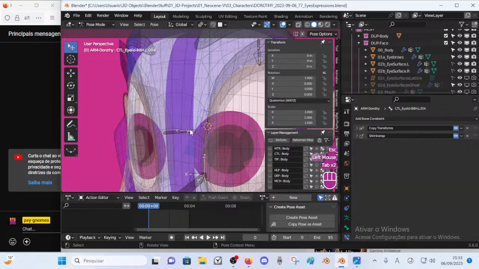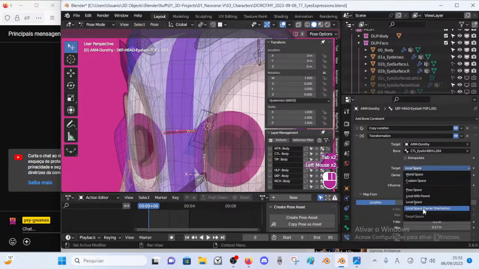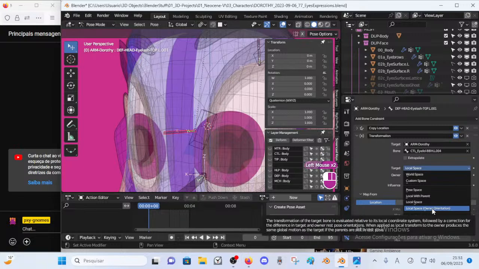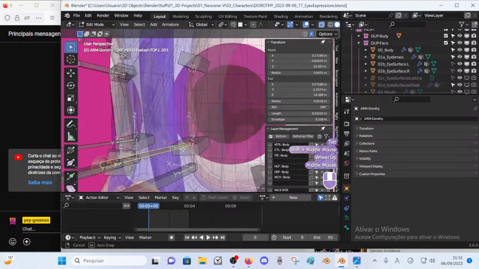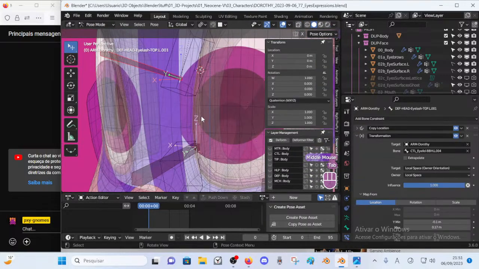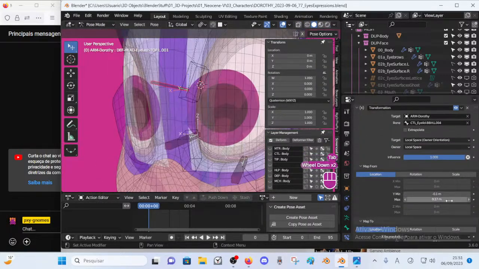Now let's use the local space owner orientation, so the orientations of this bone which are properly aligned, z-axis pointing up. And so the map from now cannot use these values anymore.